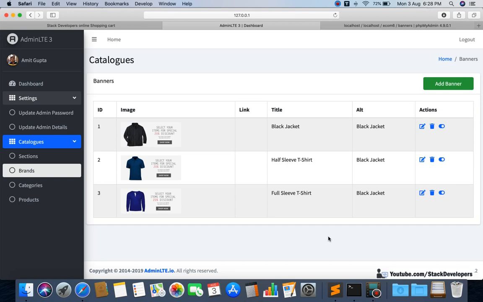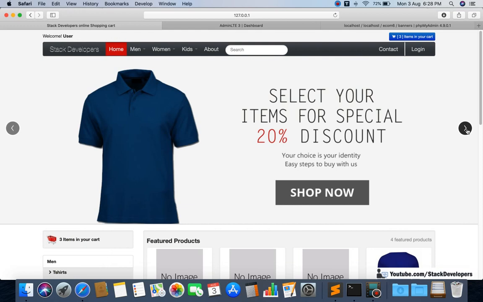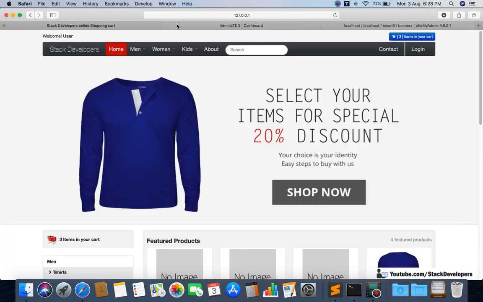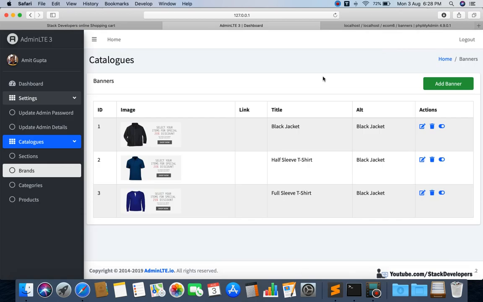Otherwise it would take a bit of time to create those banners from the add banner functionality that we are going to do in the next video. So in the next video we are going to work on add banner and edit banner as well. After that we are finally making it dynamic from the admin panel. Then you can update these banners anytime, and disable and delete them also. We are going to do that in our next video, so stay tuned for that.